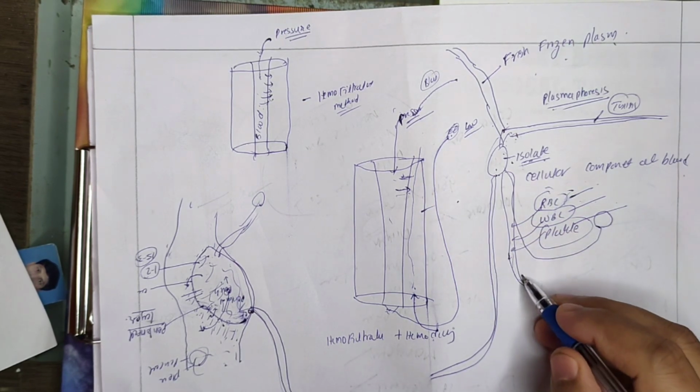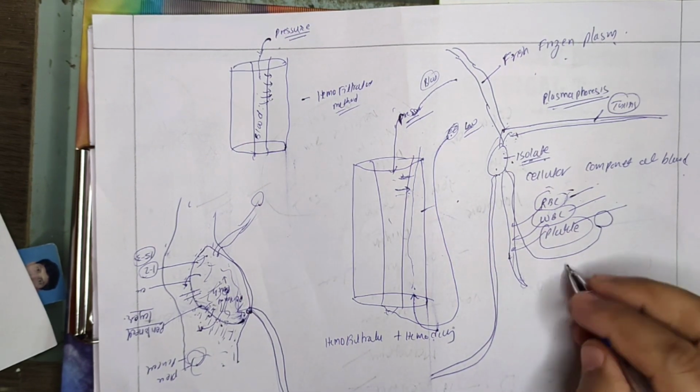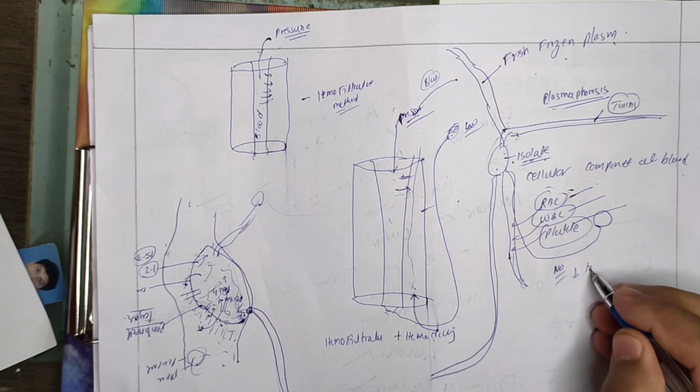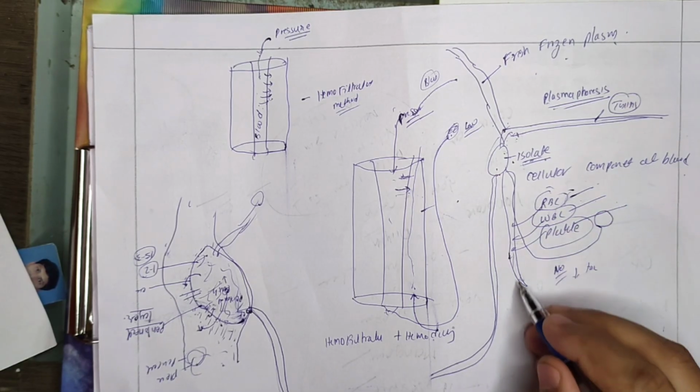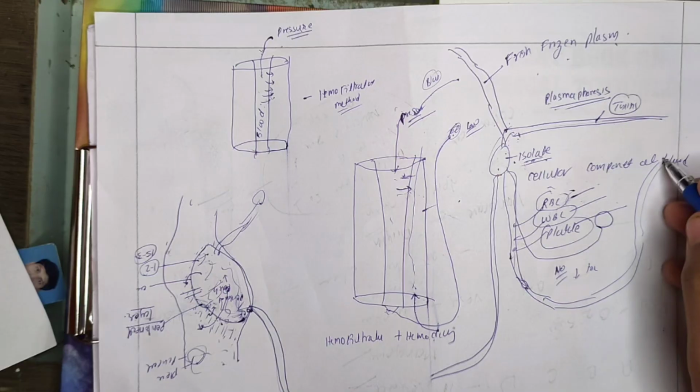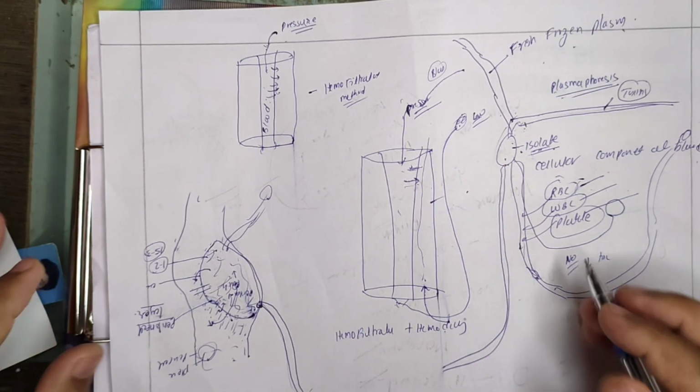The blood we are getting now has almost no toxins, or very little, since the toxins were retained in the removed plasma. Now this purified blood will be sent back to the human body, right? So this is how